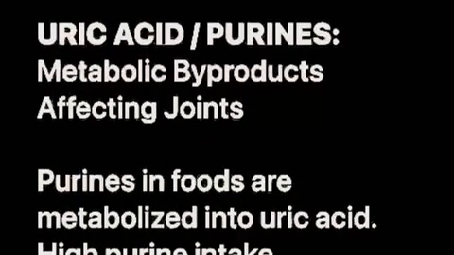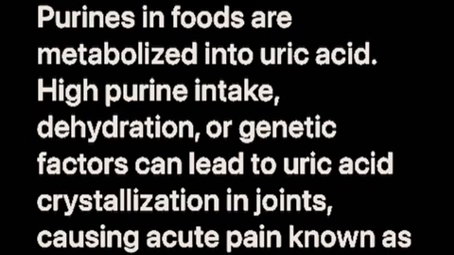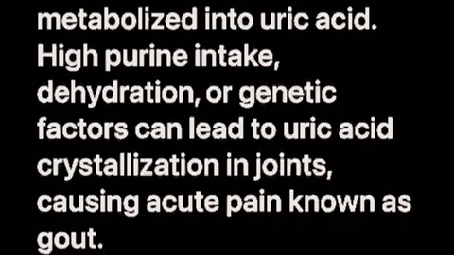Uric acid, purines, metabolic byproducts affecting joints. Purines in foods are metabolized into uric acid. High purine intake, dehydration, or genetic factors can lead to uric acid crystallization in joints, causing acute pain known as